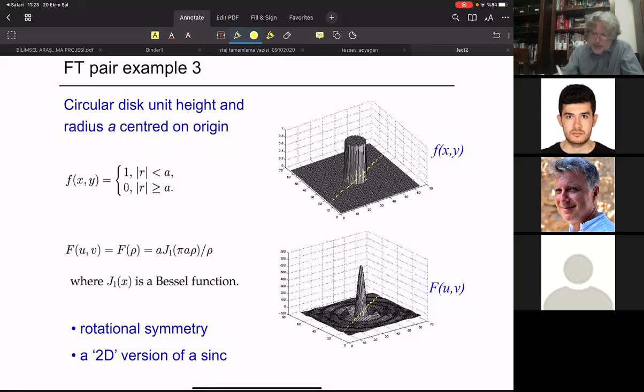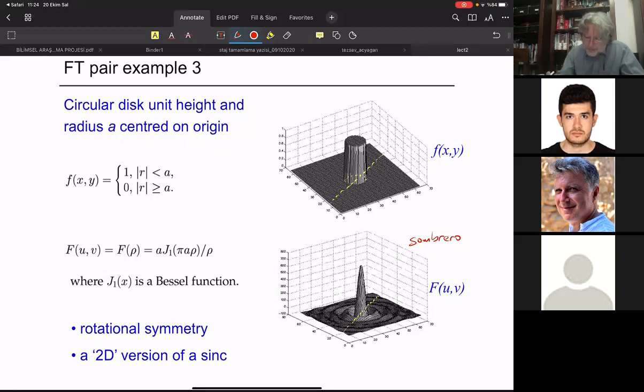And the shape that we have here is also known as the sombrero. I don't speak much Spanish, but it's the Mexican hat shape. That's where the name comes from. Clearly, of course, it also has mathematical or analytical ways of expressing things, and that is the Bessel function of the first kind, J1, J1 of pi times a times rho, where a is the width of the original